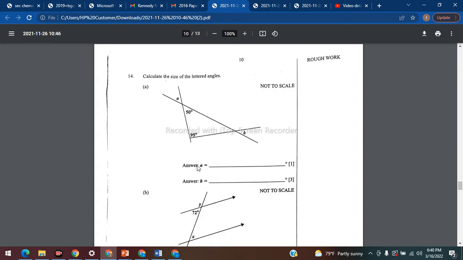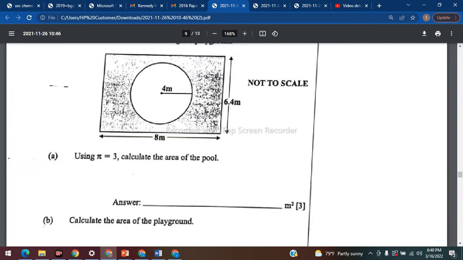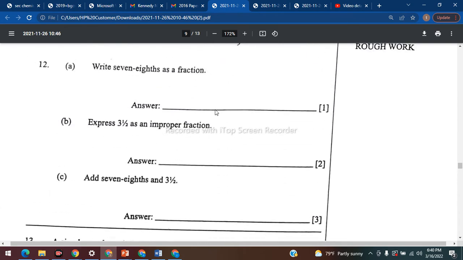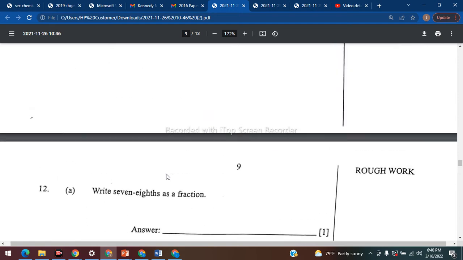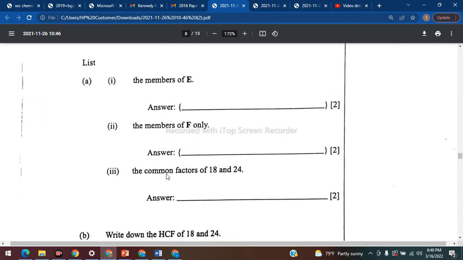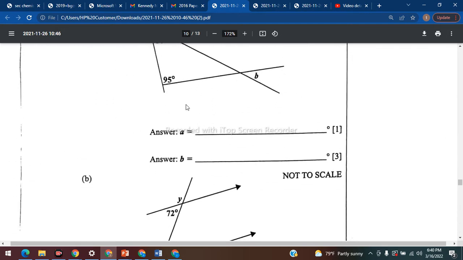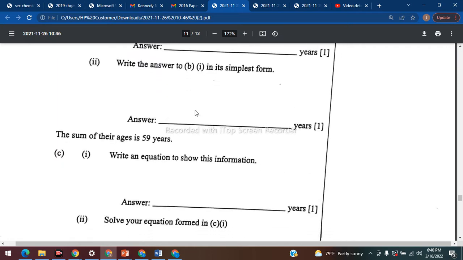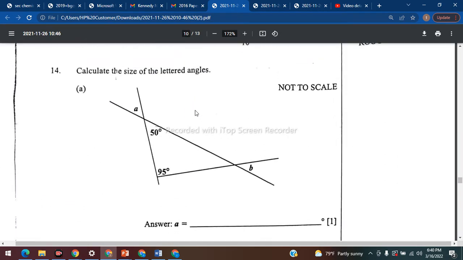So yesterday we plowed through these. We did the area of the circle and the area of the pool and the area of the rectangular playground. We saw what was 7/8 and what's not. And we talked about the angles and everything. And we also did this one. Okay, good. So today we're going to look at